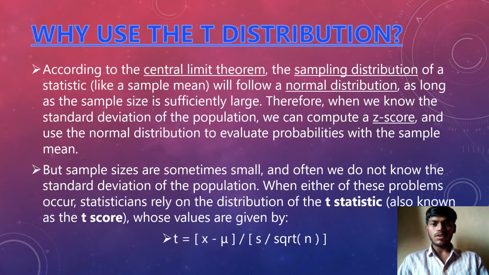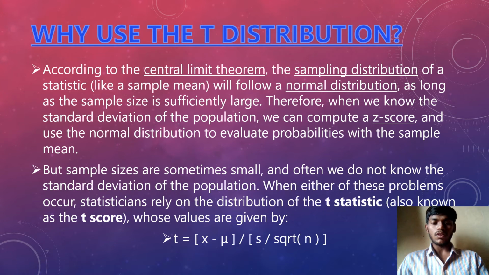Why use the t-distribution? According to the central limit theorem, the sampling distribution of a statistic, like a sample mean, will follow the normal distribution as long as the sample size is sufficiently large. Therefore, when we know the standard deviation of the population, we can compute the z-score and use the normal distribution to evaluate probability with the sample mean. But sample sizes are sometimes small, and often we do not know the standard deviation of the population. When either of these problems occur,